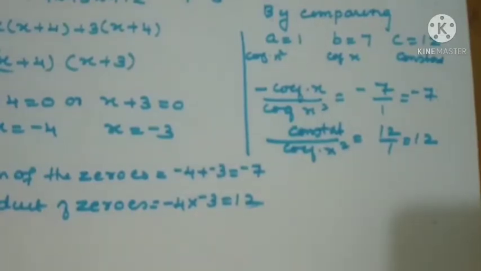So with the two examples we came to know that there is a relationship between the sum of the zeros and the coefficients, as well as the product of the zeros and the coefficients. So how can we prove it? By a formula, this one. Generally we need a formula, so we are going for the general formula now.